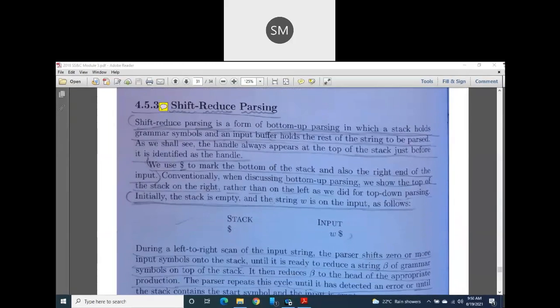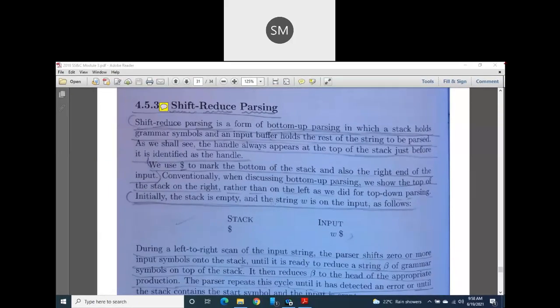See, very interesting concept, guys. This is also one type of bottom up parsing. You know, in our top down parsing there were some types. For example, one main category of top down parsing was recursive descent parsing. And again, that recursive descent parsing is categorized as predictive parsing. Predictive parsing is a type of top-down parsing with no backtracking. Correct? So these are different types of top-down parsing.